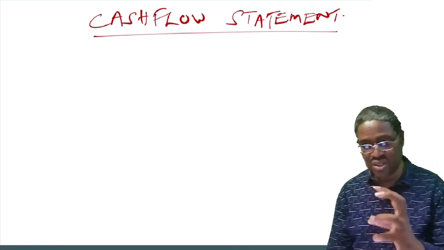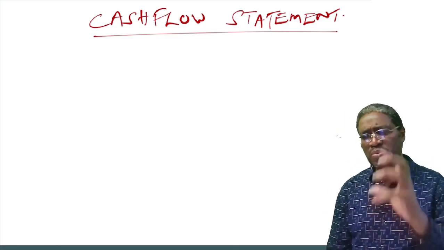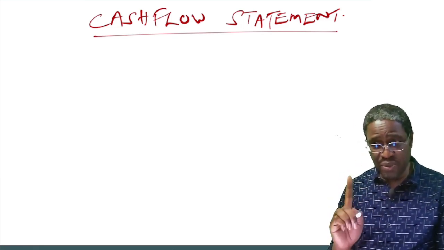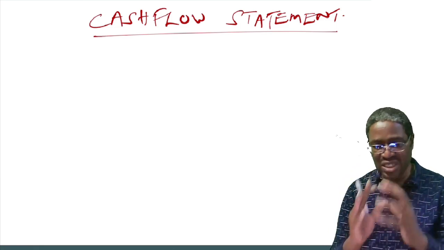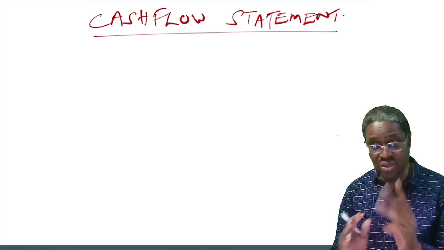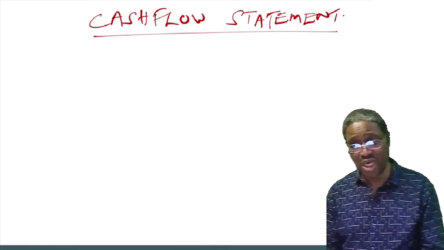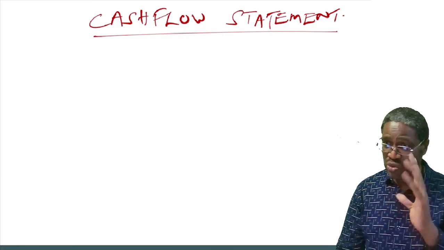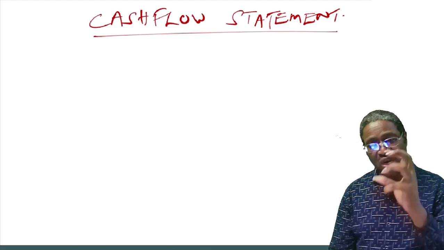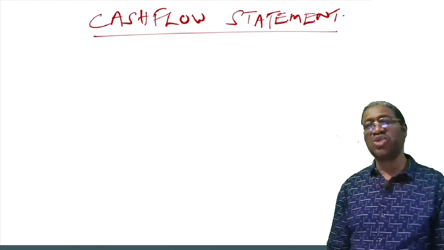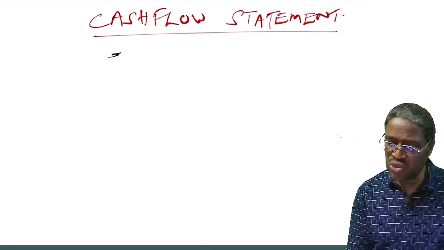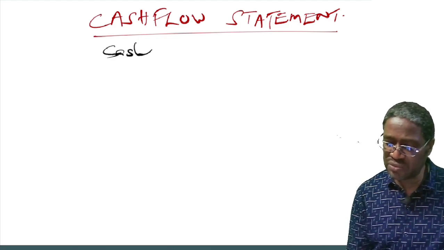You remember that whenever you are required to prepare a cash flow statement, as a company, you are required to classify your cash flows into 3 categories. We are not doing it for the first time, you must have done it before. The first category is what you used to call cash flows